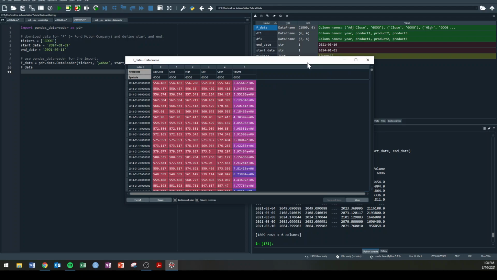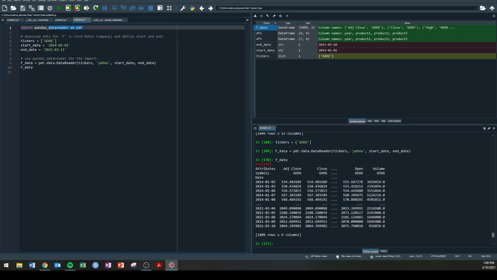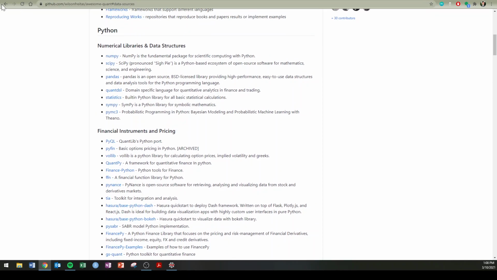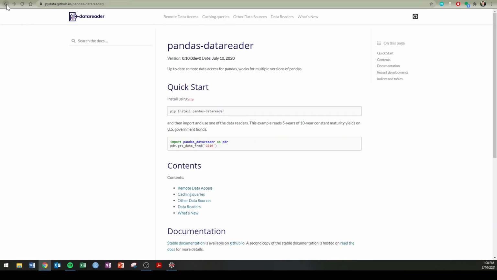This is going to conclude the basics of importing data. You can go into the documentation of these. In the last video, we looked at importing CSV files and Excel files. Here with the Pandas Data Reader, we can open up a lot of data from online sources automatically. So I encourage you to explore the documentation for Pandas Data Reader and explore all these different data sets that are available. Again, I've got a link in the description to get to this page. And then you can start exploring all the different data sets, which we're going to be using in our next videos to start doing some visualization and analysis and statistics